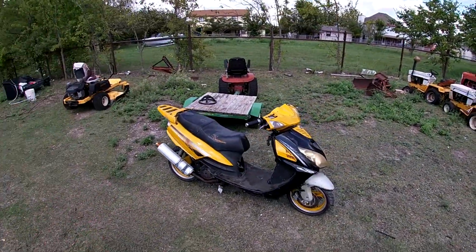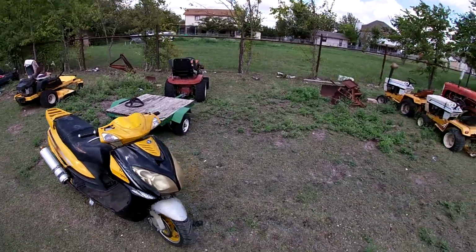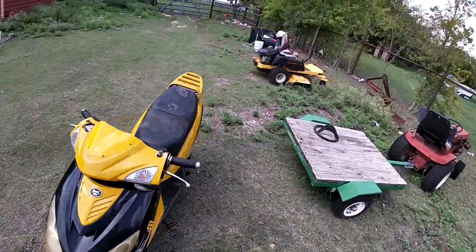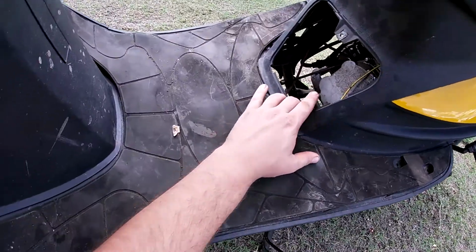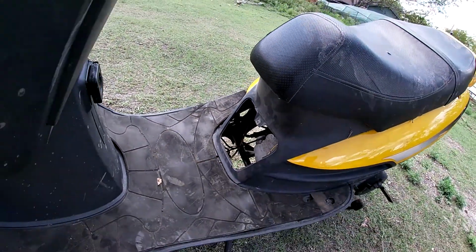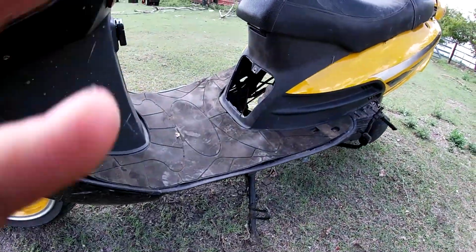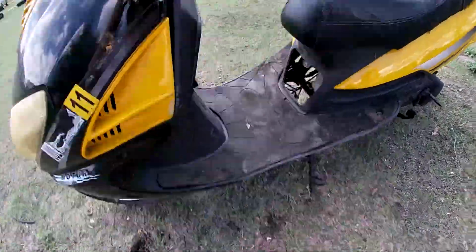Okay, what we got here is a GY6 150cc scooter that got given to me. When I first got it, I don't know if I can show y'all good with this head thing on, but the valve cover is off, and hopefully it don't do that again. It just shut off. So anyway, as I was saying,